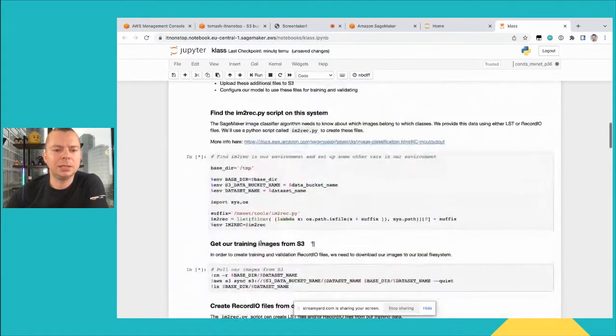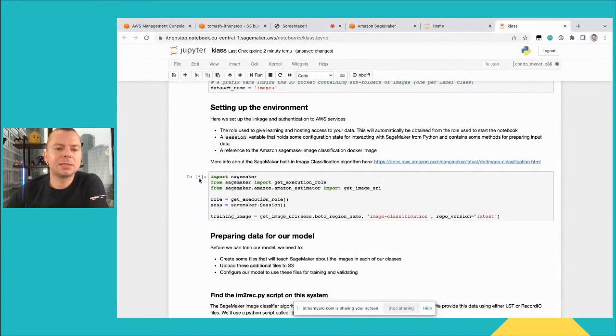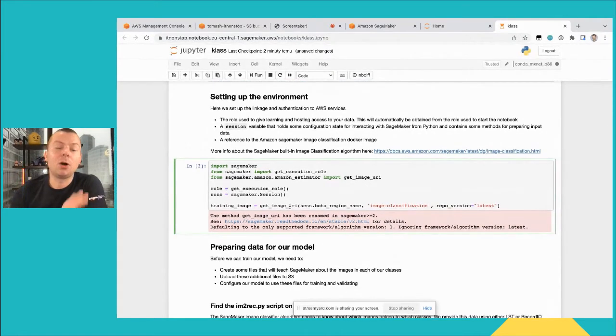So now you see that in those brackets, there is sometimes a number, sometimes a star. The star pretty much means that this is currently being executed, or it will be executed. Now you see that there is a digit, so this means that this part of the script was already executed. In this case, this part of the code, without going into the details, what does it do? It's saying, I will have an image classification problem, because this is the problem which we want to solve. We will have multiple images, and we'll want to say, is it a pig? Is it a